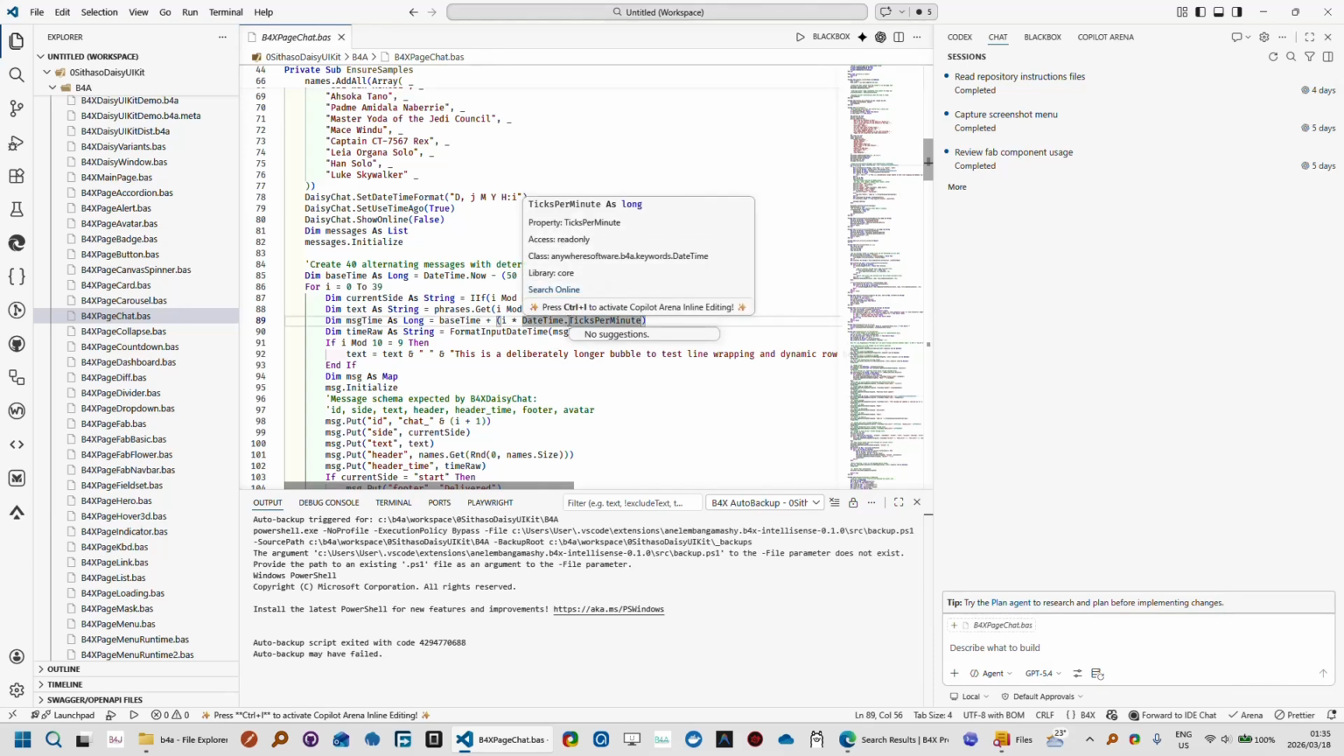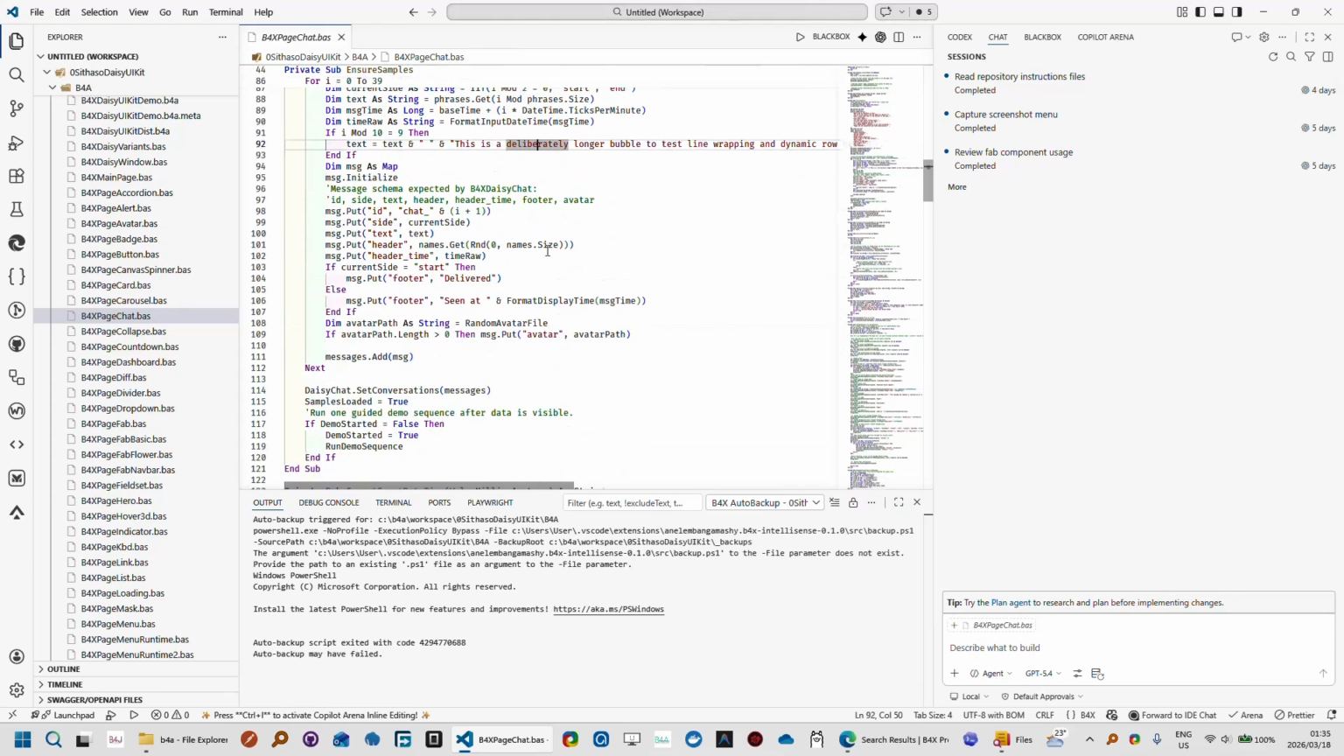Ticks per minute as long. Daytime. I'm sure we're going to get there. But the nice thing about this, what it does is to build the